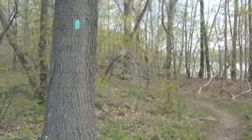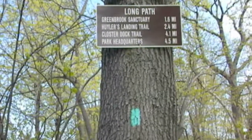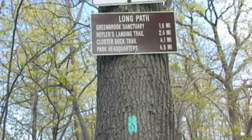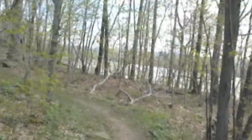Okay. The Hewler's Landing Trail, as you can see, 2.4 miles from here. Closter Dock Trail, 4.0 miles, and park headquarters is 4.5 miles. So we are going to be heading north 4.5 miles, and then continuing on to our destination at the State